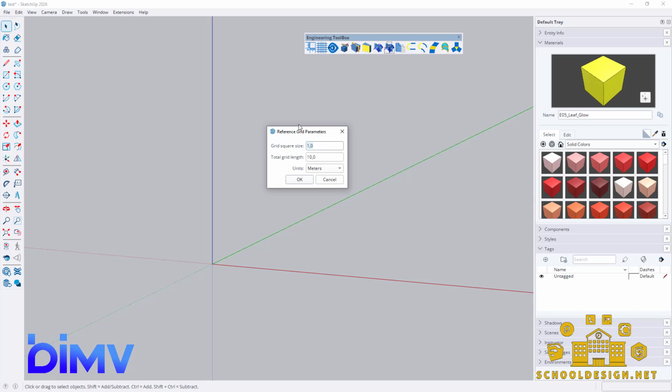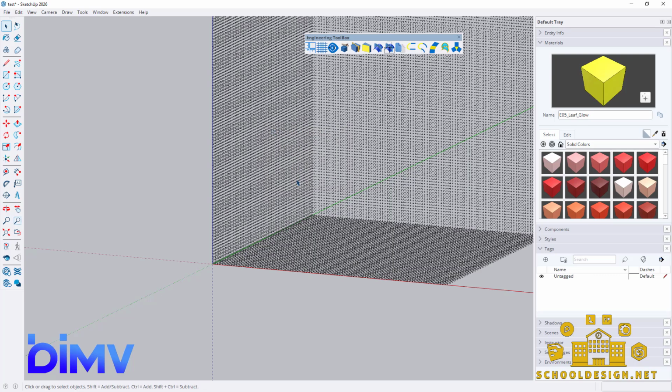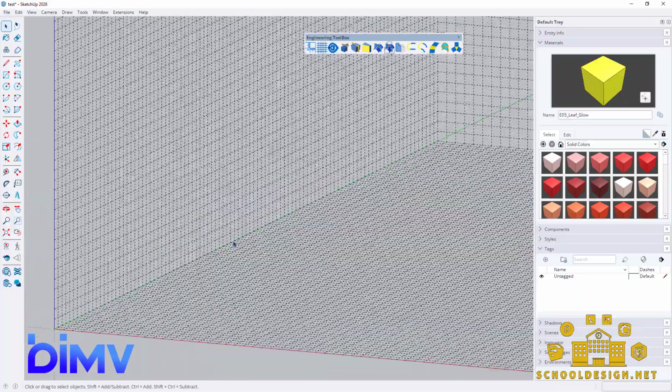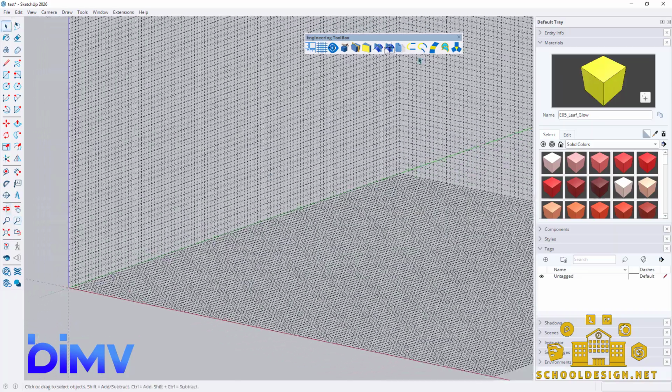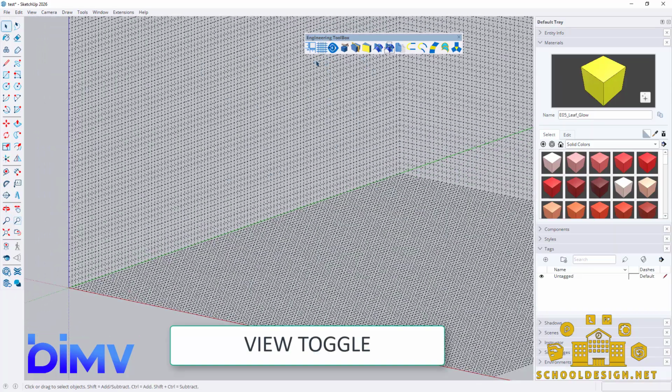First of all, you have to go inside this plugin, click on it, and choose what the size of a single square will be. We also have the unit set to meters, so a single square will be 1 by 1 meter. As for the whole thing, we would like the length to be 100 meters, and we click OK, and now we have a grid already created. A grid that we can use